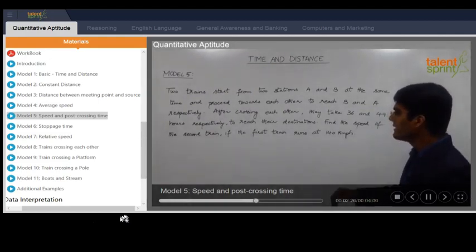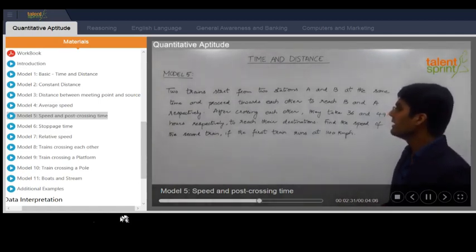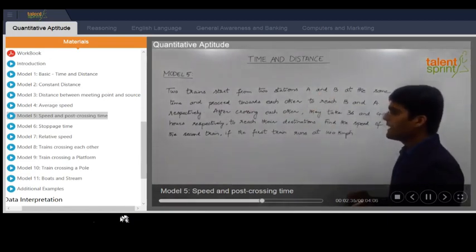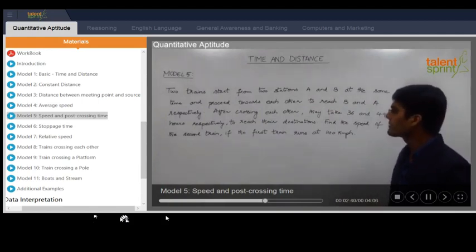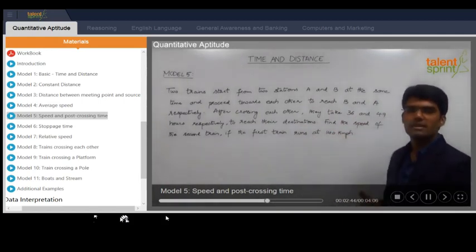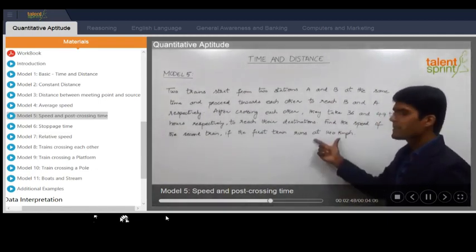So as you can see here, this question is quite in line with the model that we have discussed. Here we have got two trains which start from two points A and B and proceed towards each other, and their destinations are B and A respectively. After crossing, they take 36 and 49 hours to reach their destinations. So we need to find out the speed of the second train, and the speed of the first train is given as